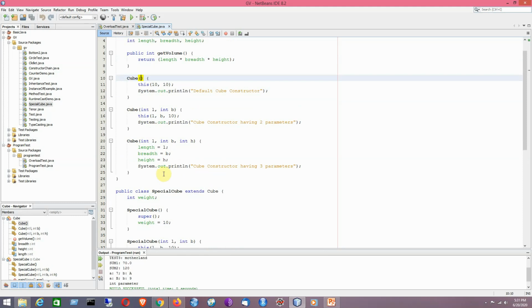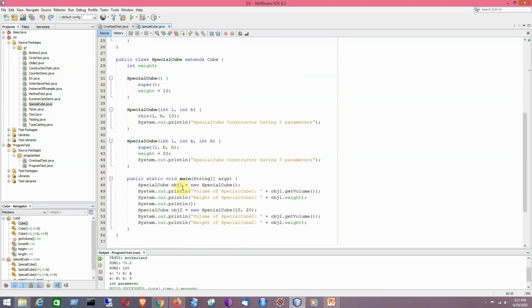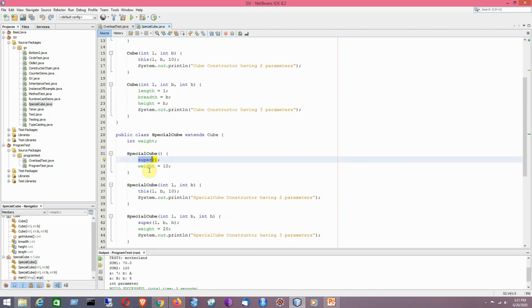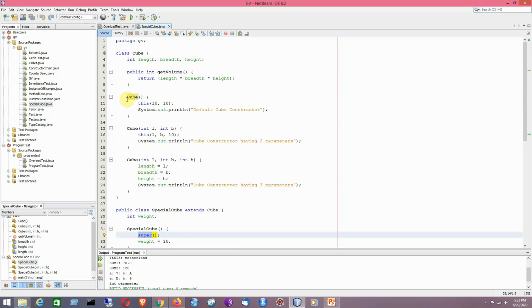Say, for example, if I consider this call like this, it will move to this one. Now you have a call to super, which means it will look for the default no-argument constructor of its superclass. Then there is a call like this, so it will call this particular overloaded version of the constructor, and this will call the second parameterized version of the constructor.